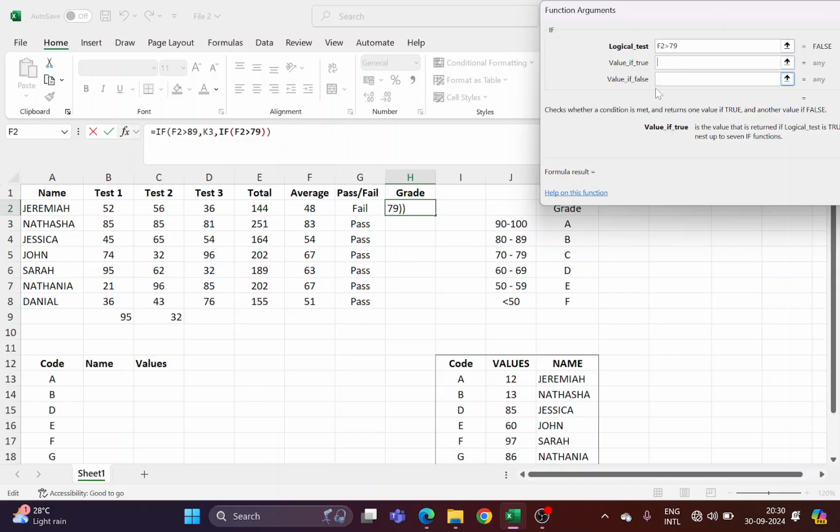If this is true, then it is B. If it is false, get a new if statement again. F2 greater than 69, it is C grade. If it is false, get a new if statement. Again, F2 greater than 59. The condition here